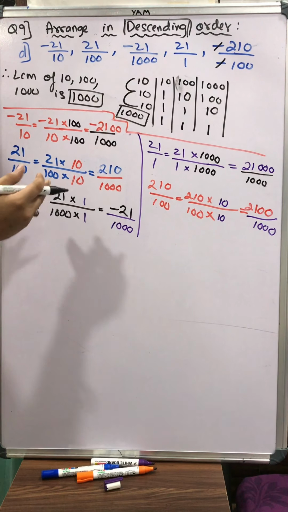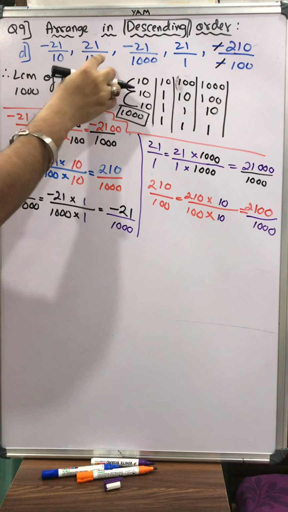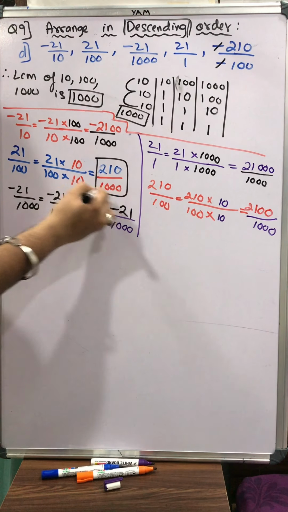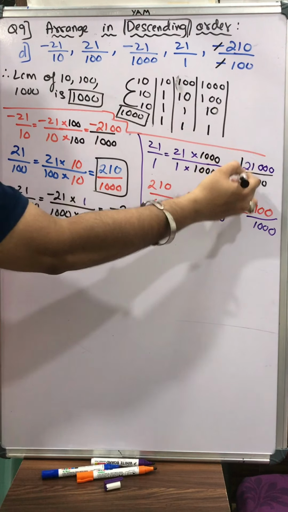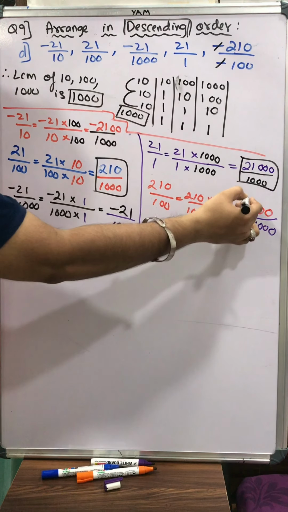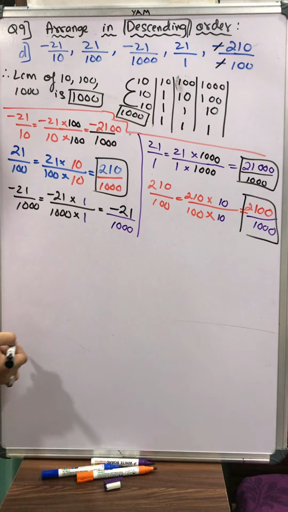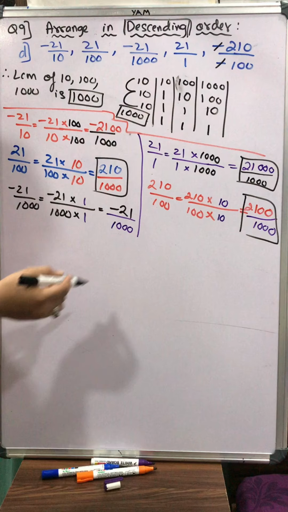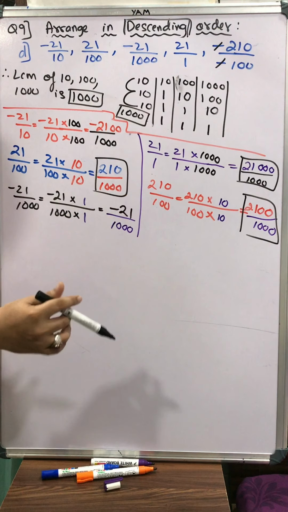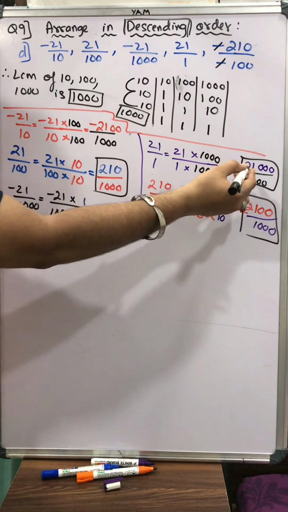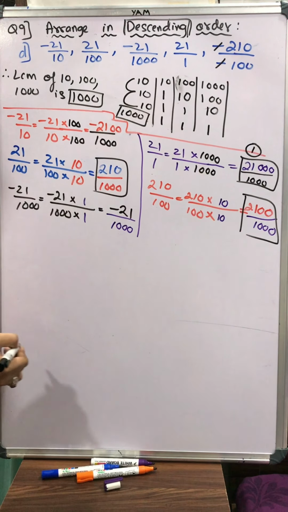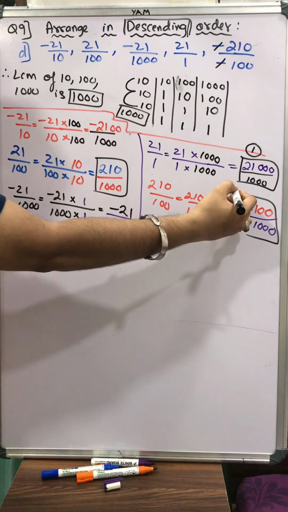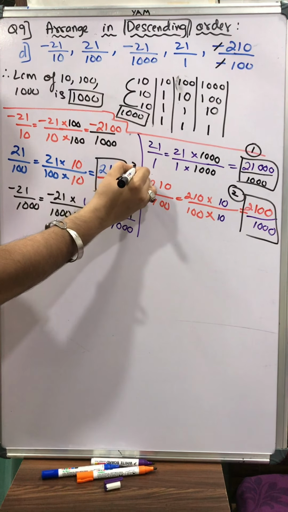So whenever we have a mixture of positive and negative fractions or numbers, see, this number is a positive number, and then this number is also a positive number, this number is also a positive number. 3 numbers I have positive. So which is the largest from them? I can say 21,000. I'll just see the numerator because denominators are equal. So 21,000 will be qualifying for the first number because we are arranging descending order. After 21,000, what comes? Of course, 2,100. So this will qualify for the second. This will qualify for the third.